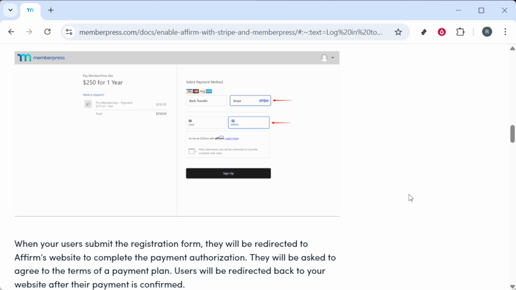That's all it takes. By enabling Affirm in Stripe and switching it on in MemberPress, you've added a flexible buy now, pay later option without changing your existing setup,